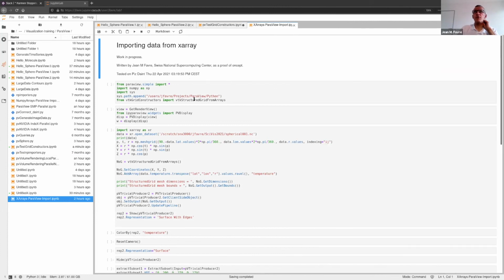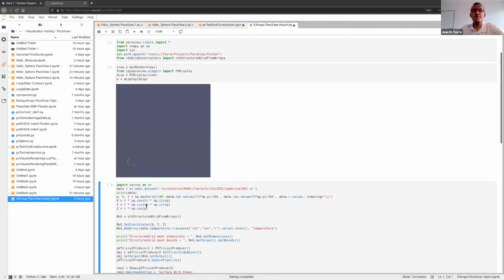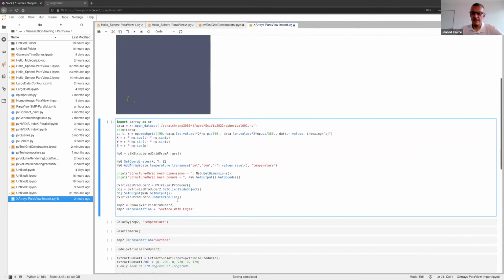I'm going to import a particular data set. You will recognize here my import statement. I read my data set with the standard methods provided by the xarray package. I create my curvilinear grid. I add my temperature array, for example, in this case, and then the rest is standard